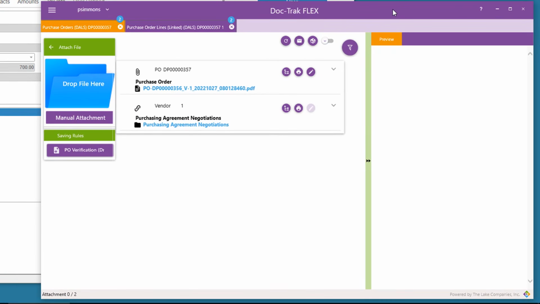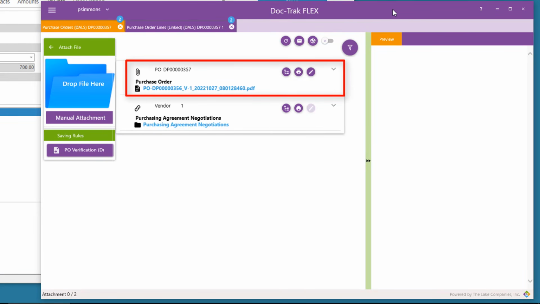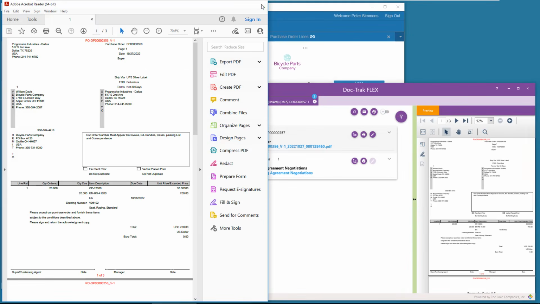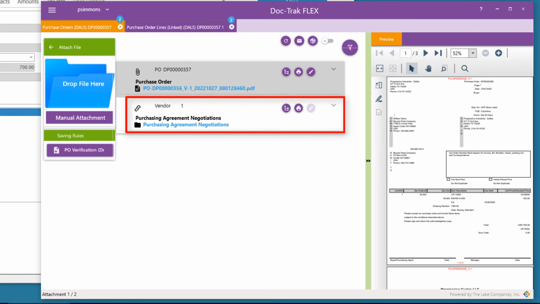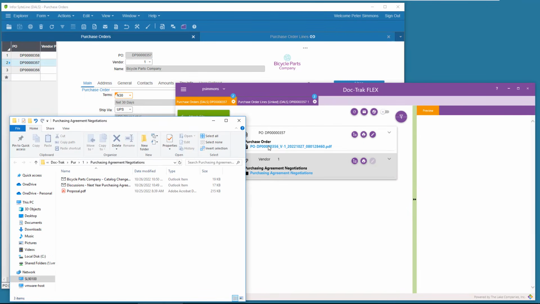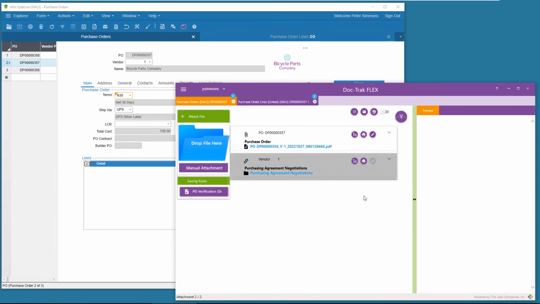And here are both of the attachments copied from PO 120. The first is a record attachment of the purchase order, and the second is the indirect attachment of the folder. That's the PO header.